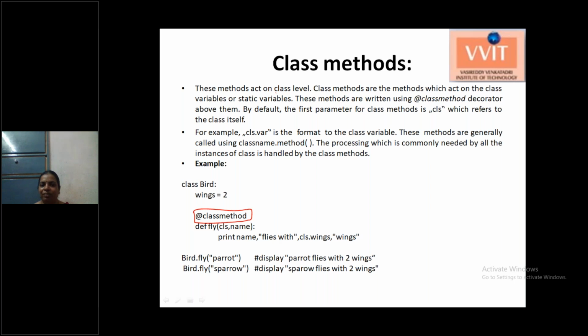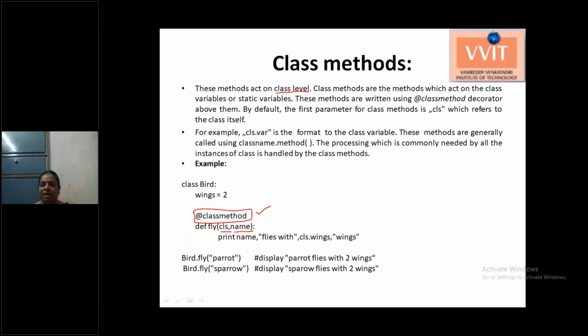So this is a class level method. We already know the class variables, and in the same way, these are class methods. Here it has a separate parameter, cls, which doesn't have the self parameter. Self parameter is only for instance methods. Here we have the cls parameter for class methods. We need to define the class method with the @classmethod decorator, and next write the class method with the cls parameter,